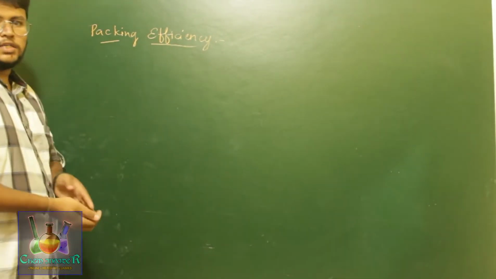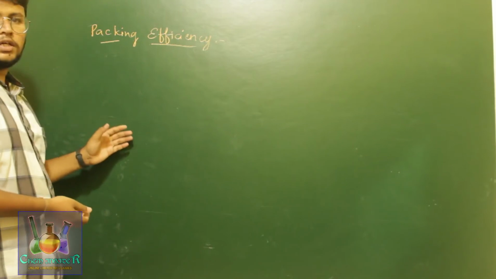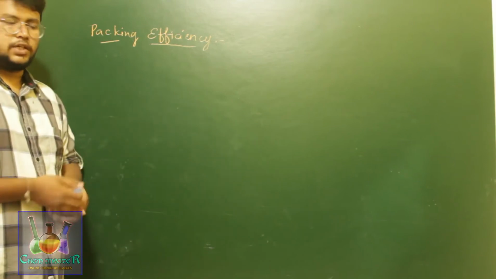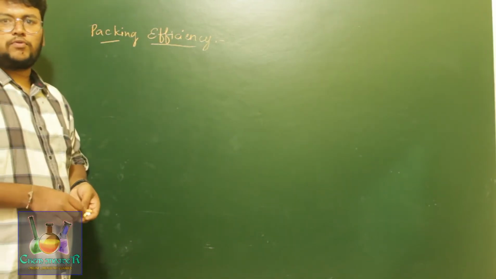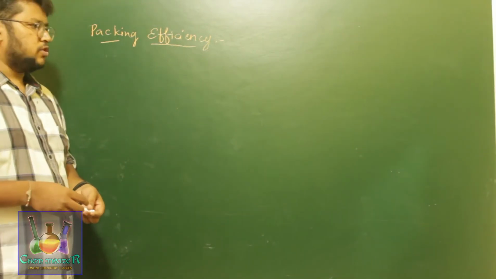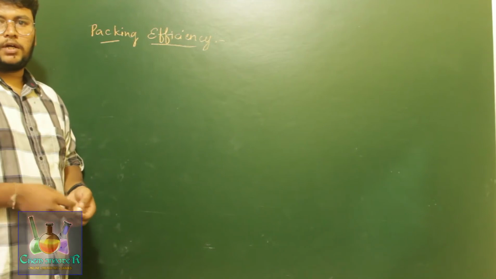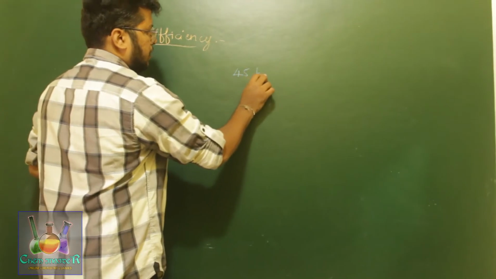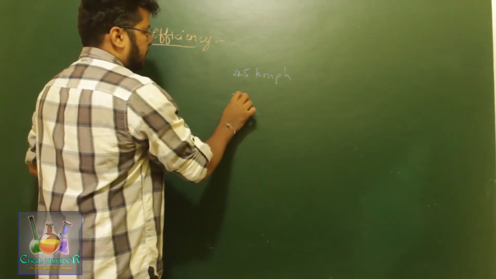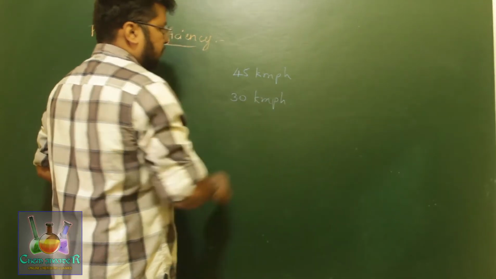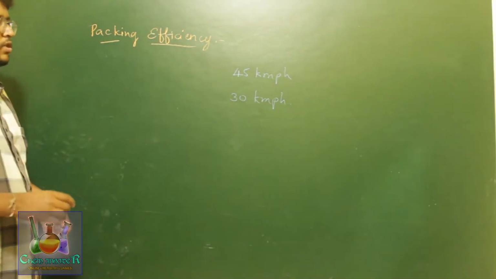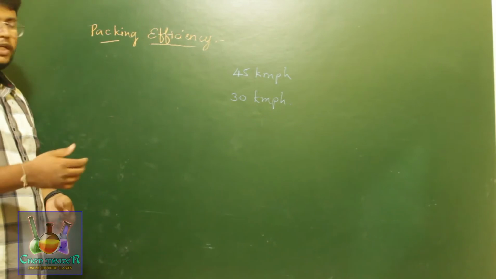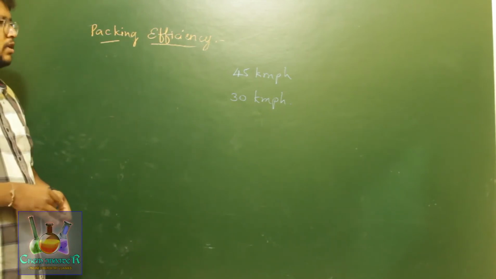If we are considering some process, and that process completes 100%, then that particular process is said to be 100% efficient. For example, if your bike is consuming petrol at some liters per kilometer on average, let us say some bikes give us 45 kilometers per hour as mileage, and some might give 30, right? So if a process or a machine or a system gives a particular amount of output by the consumption of energy, then that is called efficiency.